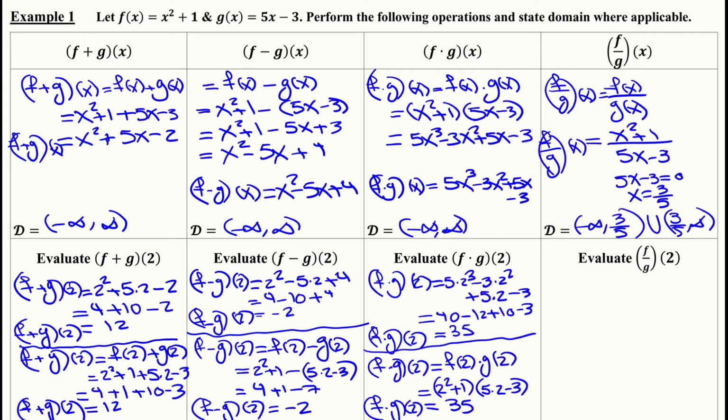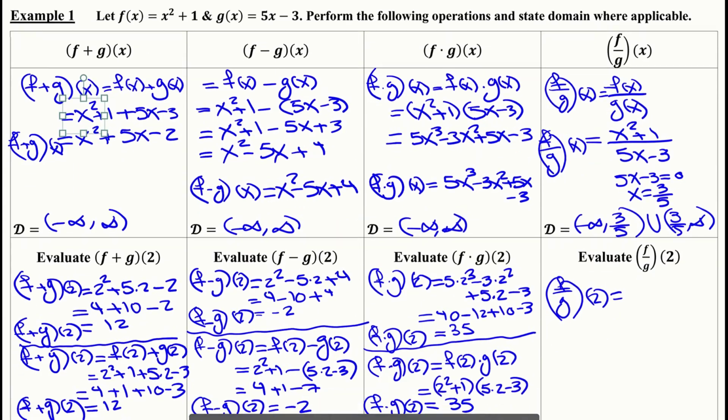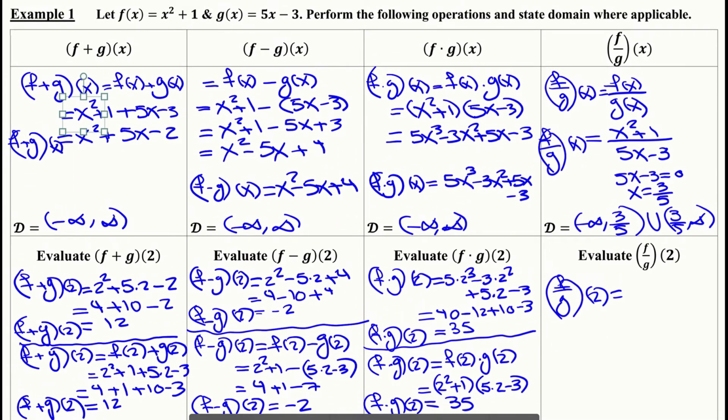The last one is f over g of 2, and of course 2 is not a problematic number. It is in the domain of f over g because it's not 3/5, so we can go ahead and compute it safely. So f over g of 2. Now notice that in this case, whether you do it using this or go directly, it's going to be pretty much the same thing. So here we're only going to calculate this once, and we're going to get